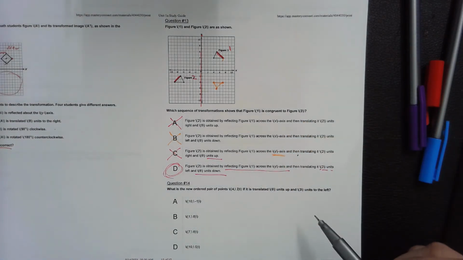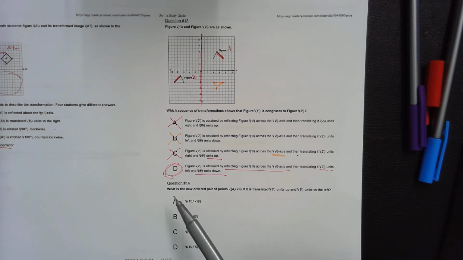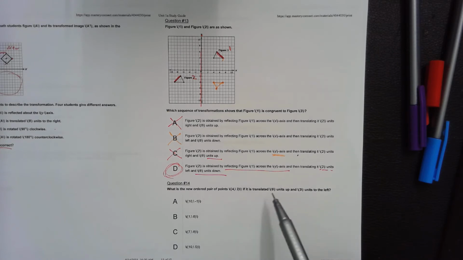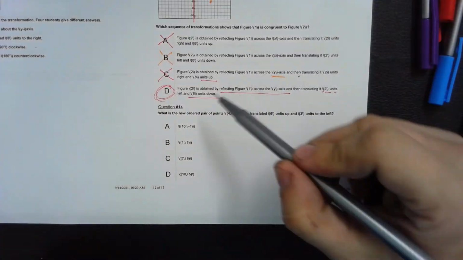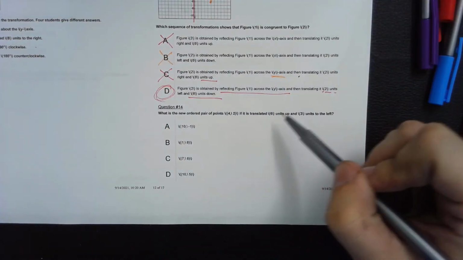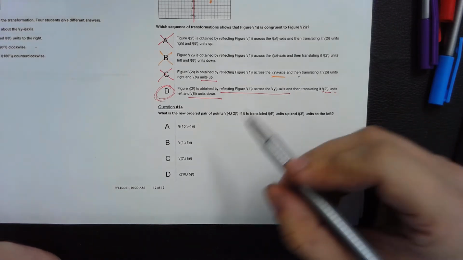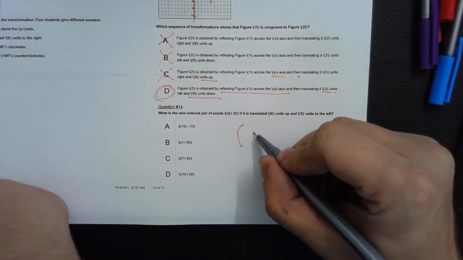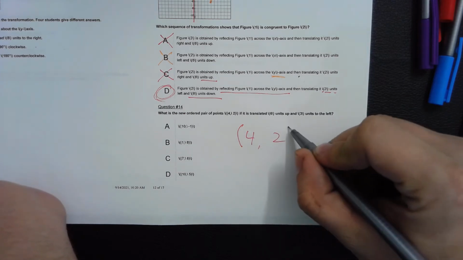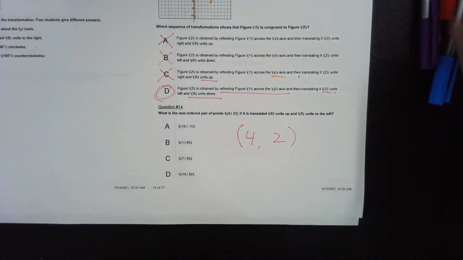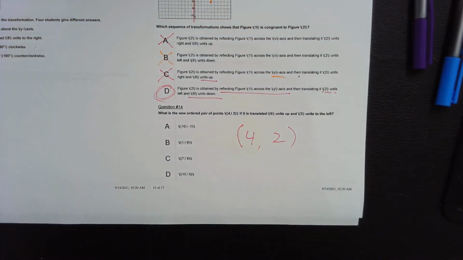For number 14, it's asking what is the new ordered pair if, let's see, (4, 2) is translated 6 units up and 3 units to the left. So if I took this and went 6 units up, 3 units to the left, you could do this even without graph paper. Because (4, 2), you have to remember which coordinate means left and right and which coordinate means